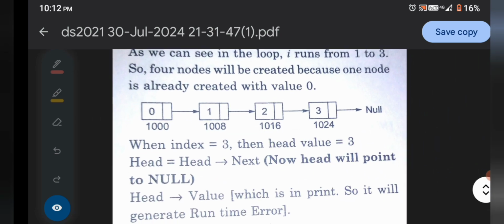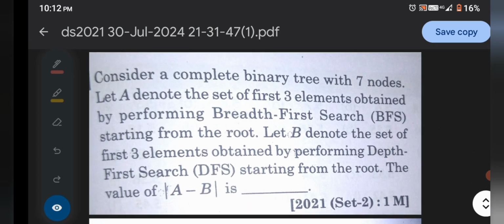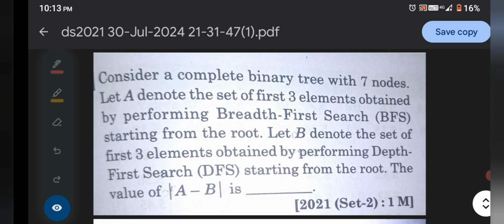Now come to the next question. The next question is given like this: consider a complete binary tree. This question is from the tree portion, with 7 nodes. Let A denote the set of the first 3 elements obtained by performing breadth first search, BFS, starting from the root.